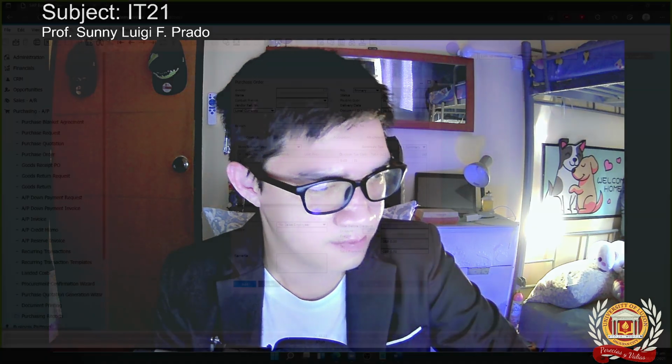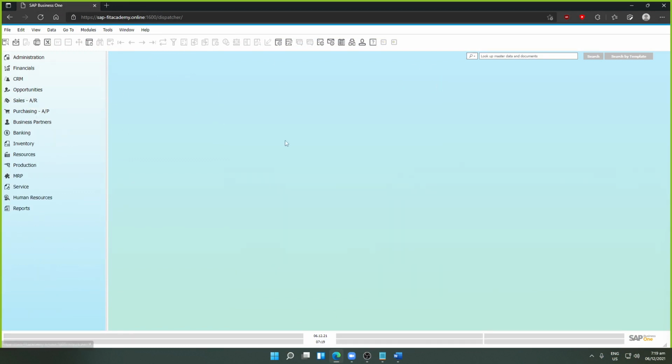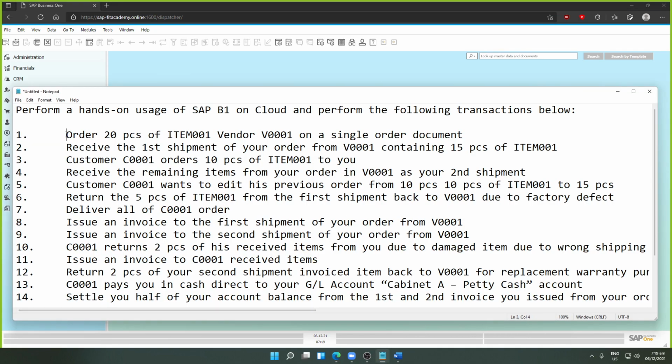I'll just check muna kung may gumamit nito. Check ko muna kung merong sales order ito. Okay, wala naman, kasi walang last data record sa sales order. I'll also check the purchasing. Wait lang, hindi pala naka-ano dito sa screen. Okay, so wala rin. So nakalagin na ako sa aking account and I'll perform na po yung ating examination